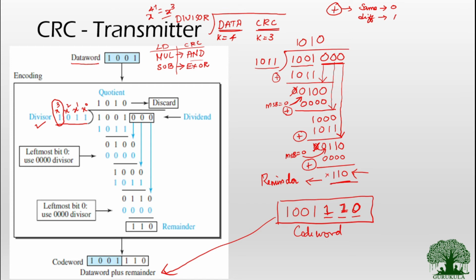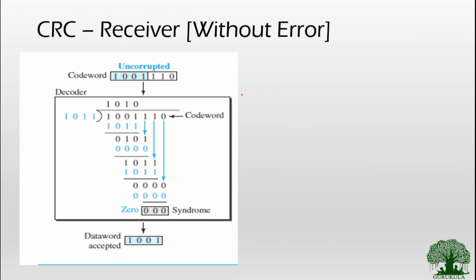So now we will march forward and see what happens at the receiver side. Now we will see how CRC is performed at the receiver side. Here I am taking the case that no error is received at the receiver side. I have not introduced any error, and I am going to perform the CRC for the received bits. So this is the uncorrupted code word that we have received at the receiver side,